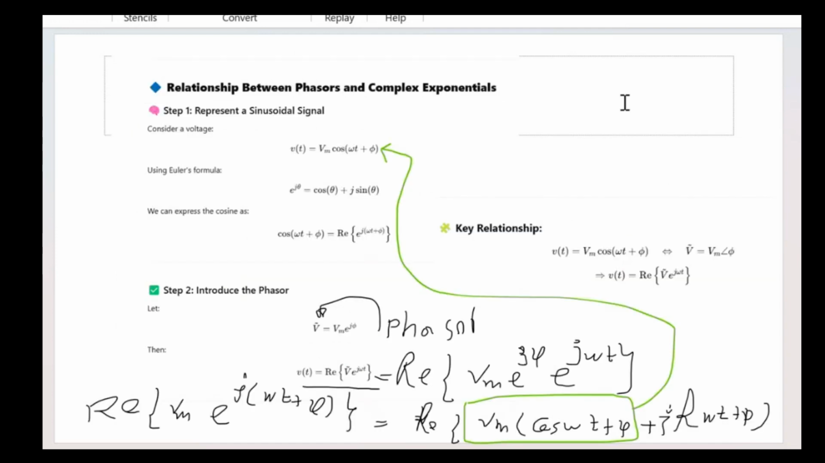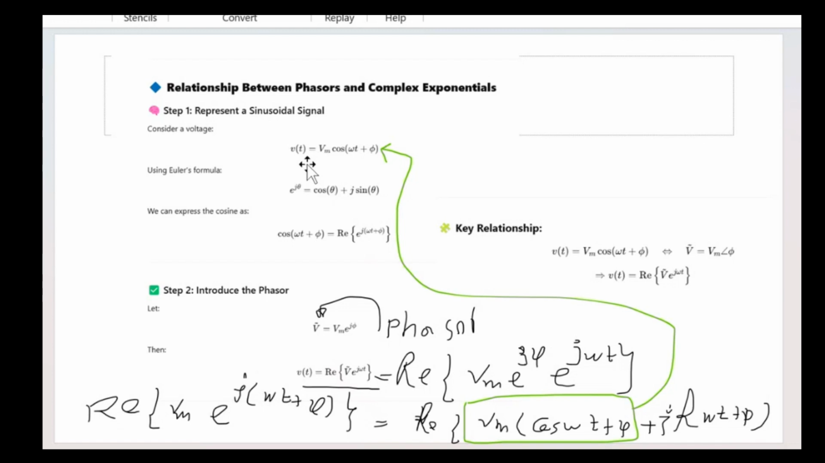Okay, let's take a look at the next example. The next topic is also very useful: the relation between the phasor and complex exponential. In the next video, I would like to talk about the concept of phasor and how we use that in circuit analysis, in particular in analysis of AC